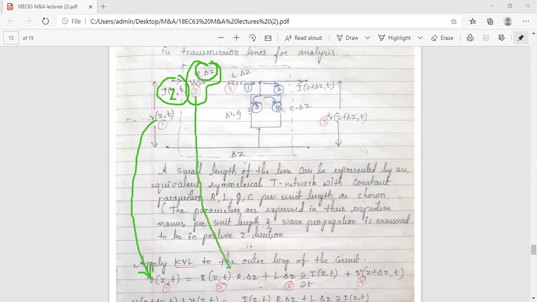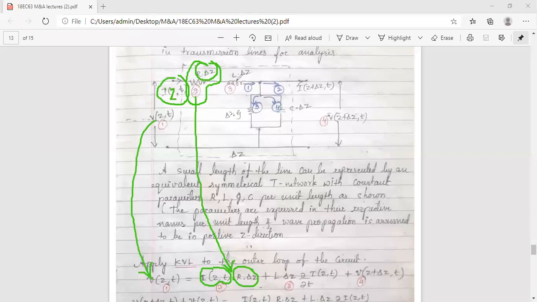So the second parameter will be current I multiplied by the resistance across. Resistance is not simply R, it is R into delta of Z. Okay, second one. Now let us go to the third one, that is